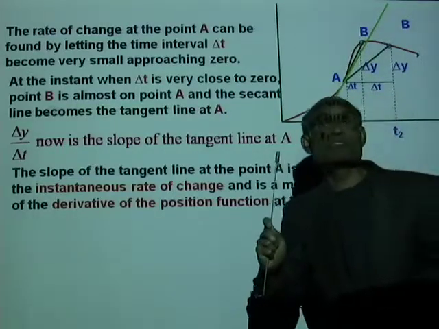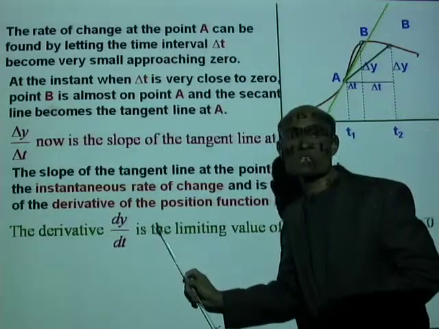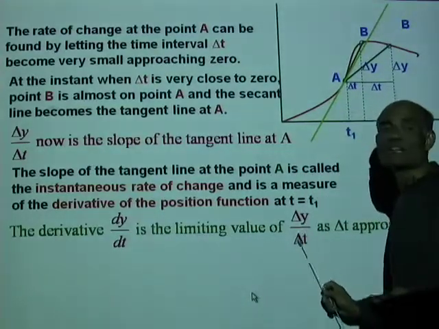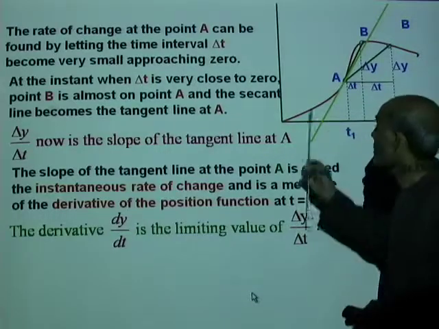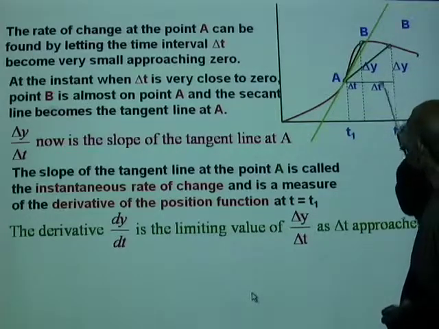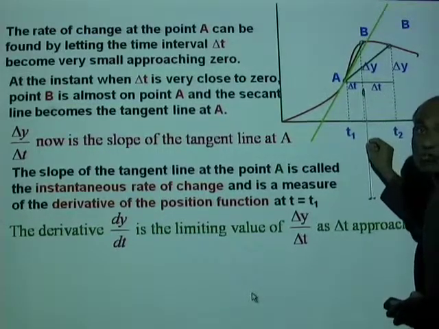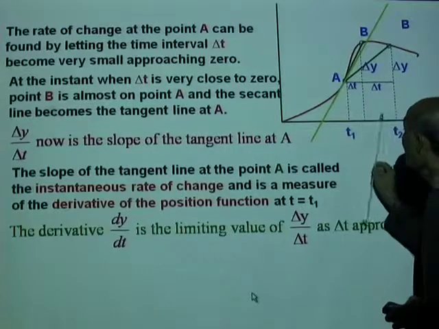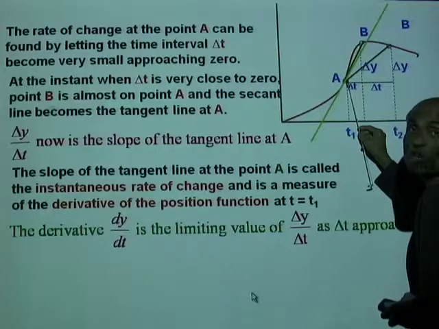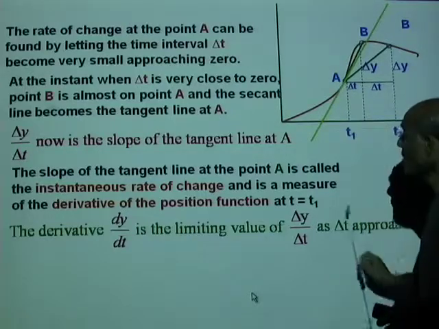The derivative is defined only at one position. So the derivative dy by dt is therefore the limiting value of delta y by delta t. What's the meaning of this again? The delta y by delta t in a big interval, we call this the average rate of change in that interval. And when you make the interval shorter and shorter, when the delta t is so small that it's very close to zero, the value of delta y by delta t at that time is